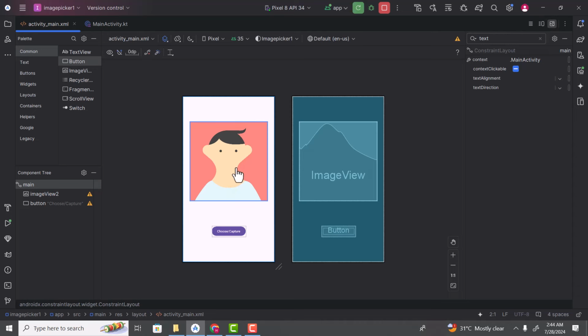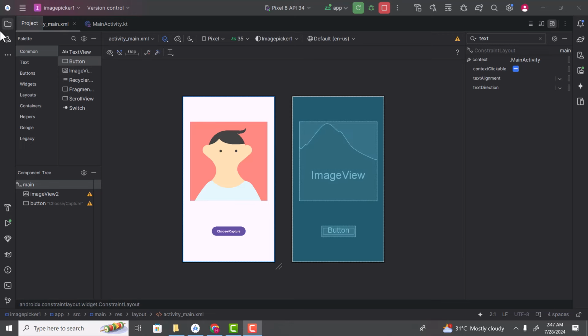So now we have built a very simple GUI for our application that user is going to click on this button and we are going to open the gallery. And from the gallery, user will select the image and we are going to display the selected image here. So now after positioning the views here, what we can do is to change the default image of this image view. And we are going to display an icon here which will indicate that the selected image will be